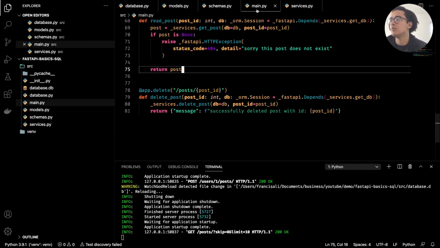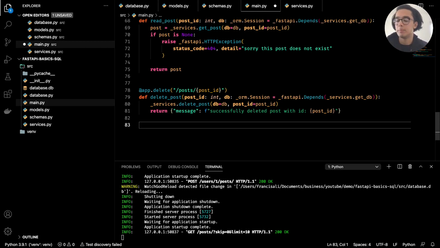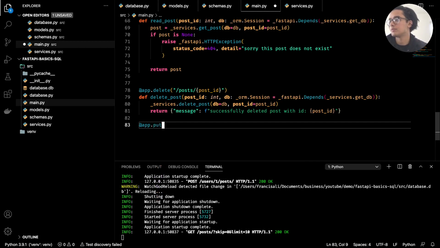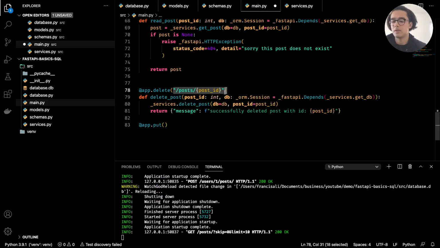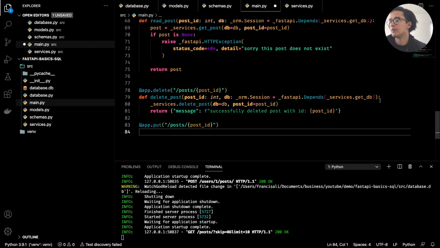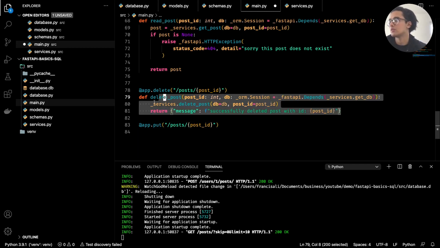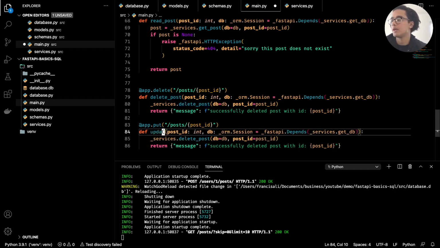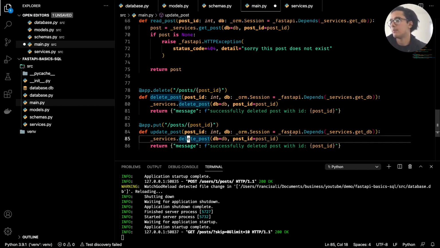So now finally we can go ahead and implement our last one, which is to update a post. So we can do app.put, and this again will have the same URL. Put that in. Let's just copy this for now. So we can copy delete, and we can say update post. Post ID we want, DB session we want, and this we can